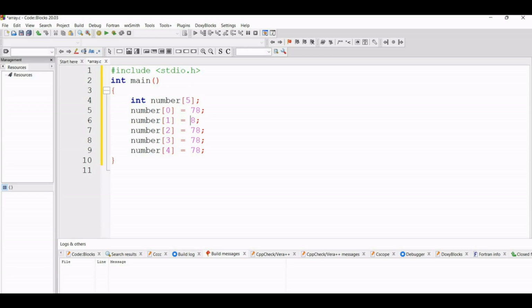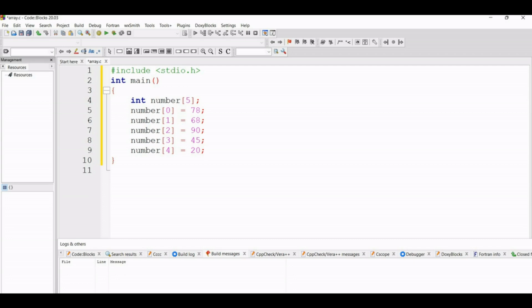And suppose here I change the values to 68, then 90, then 45, and then a random number 20. This way I have stored 5 numbers inside one number variable, and this number variable is one array, and I will get the value with the index of the array.